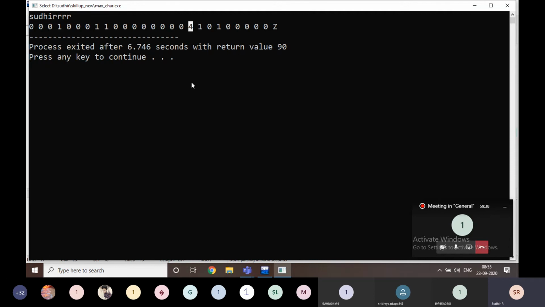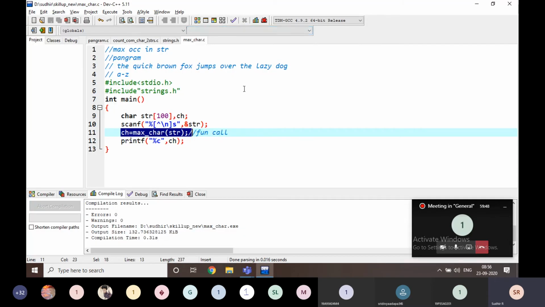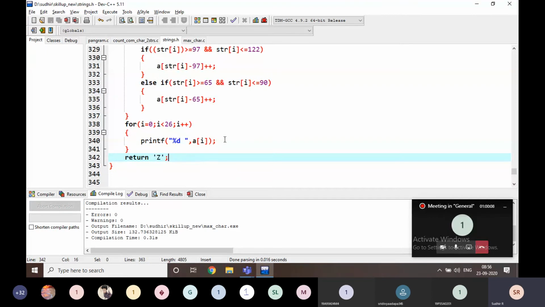How am I going to find it? How am I going to find the R, what is the index position? The index position and the count, the count is 4 for index 4, right? Index 4, index for R. Now I am going to find R here. Instead of counting the R, I am going to find the index position. For example, if it is A, what is the index position? If it is A, what is the index position, students?